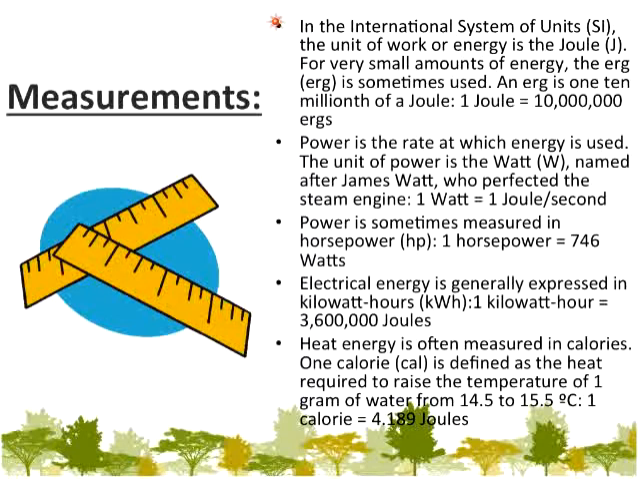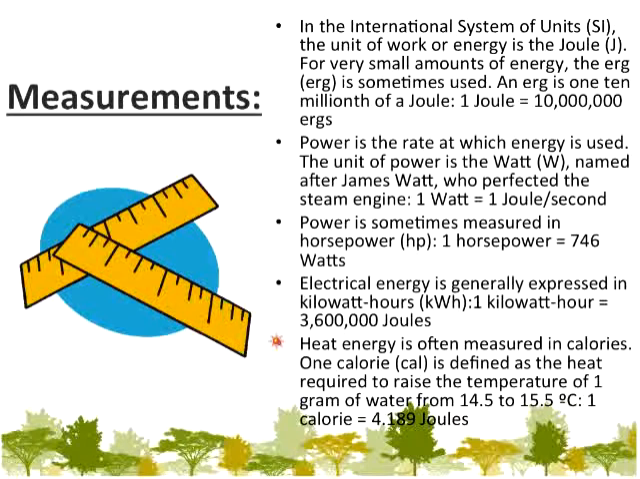Power, on the other hand, is the rate at which energy is used. The unit of power measurement is the watt, named after James Watt, who perfected the steam engine during the Industrial Revolution. 1 watt equals 1 joule per second. Power is sometimes measured in horsepower, as you probably have heard in your car. 1 horsepower equals 746 watts. Electrical energy is usually expressed in kilowatt hours. 1 kilowatt hour equals